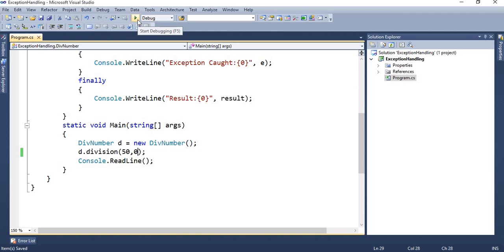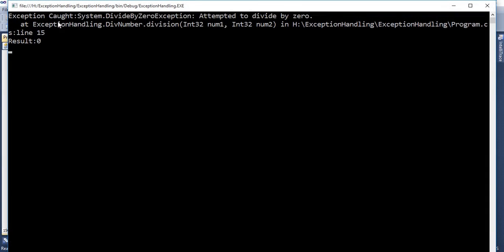Now we are changing the second argument value to 0. After executing our program, you can see the exception code, which is written in the catch block. Which type of exception occurred? System, our parent namespace, in which DivideByZeroException is the class name.